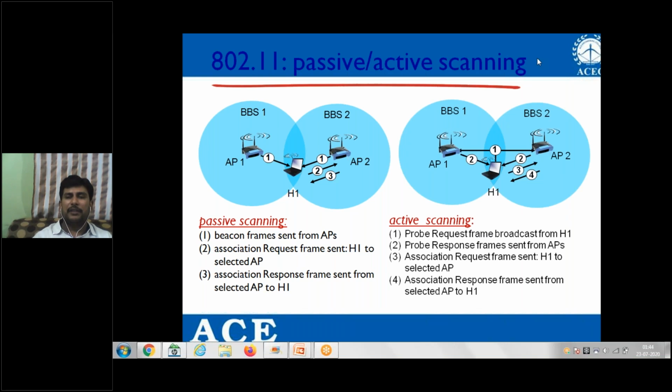So here we will have the probe request, which is originated from host 1. This request is received by both the base station access points. Then we will find a response generated from each of these two access points. Then this host will try to evaluate the two responses, and whichever it finds the best, it will try to